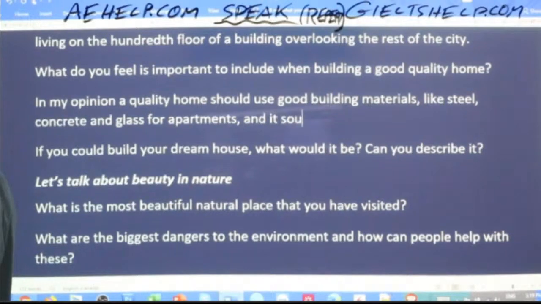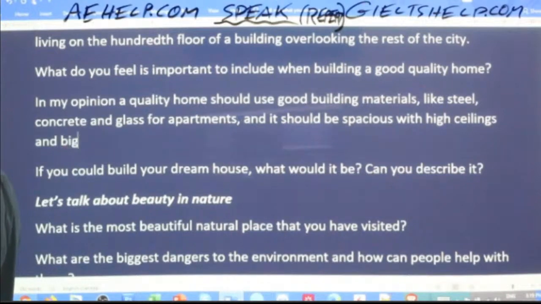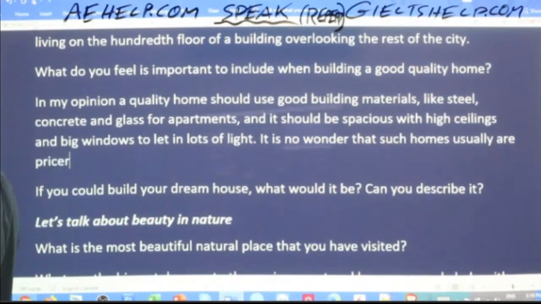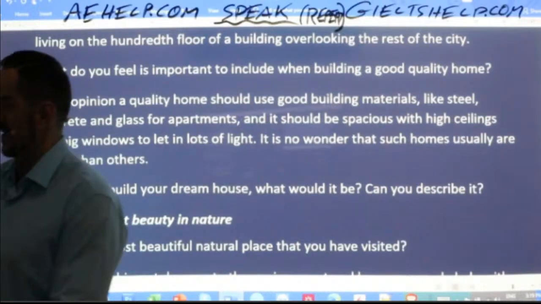And it should be spacious with high ceilings and big windows to let in lots of light. It is no wonder that such homes usually are pricier than others. All right. Here we go.